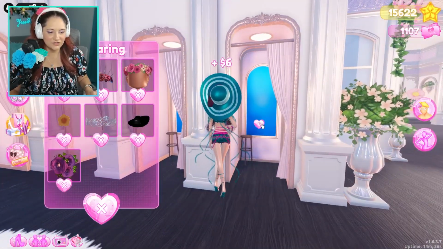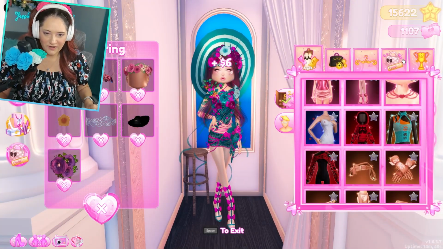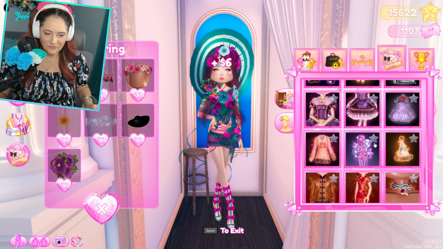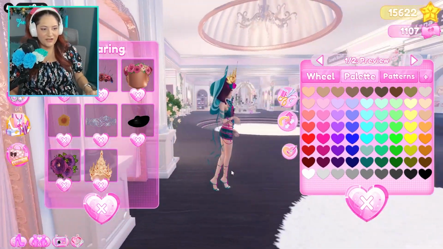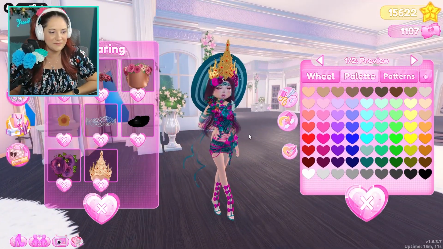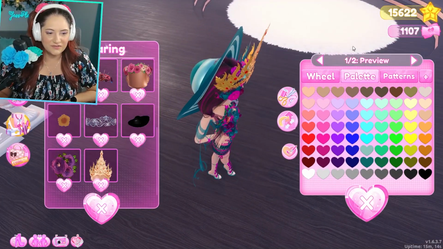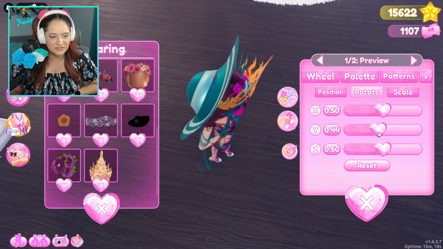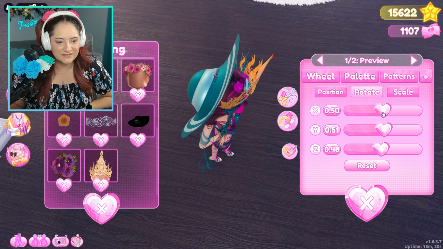We're gonna go into the dressing room and there's a giant crown. It was a code item. Let me find it. Where is it? Okay, I've got this crown. Now there's so much we can probably do with this. So I want this to be behind the flowers. So that's what I'm gonna do. So I'm gonna look at this from the top, go into accessory adjustments, I'm gonna put this exactly where I